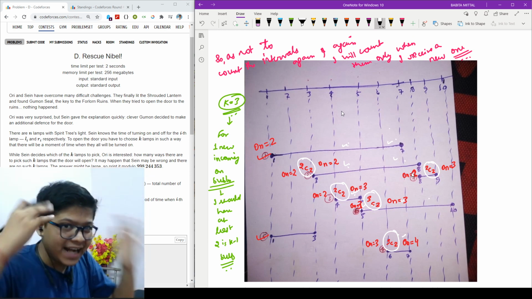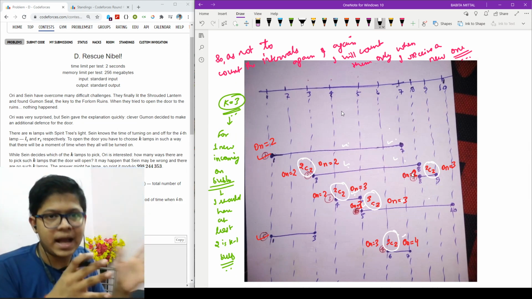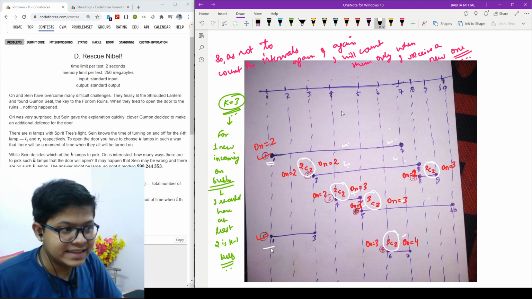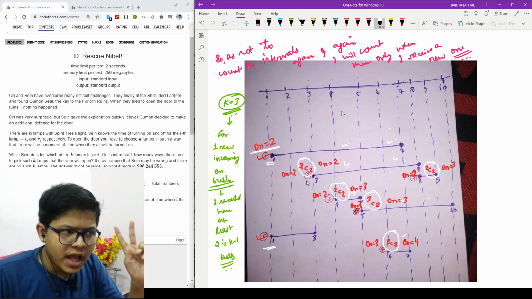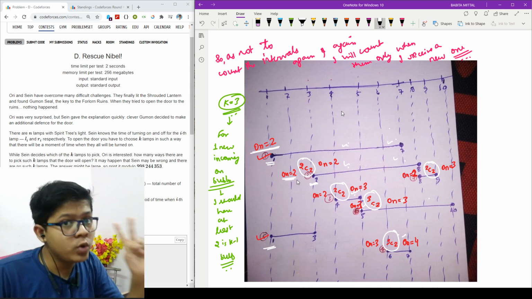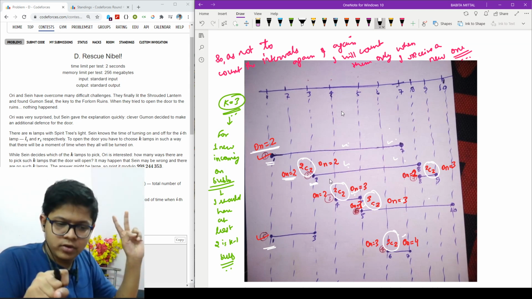To walk you through it, I will show you what happens. As you can see, initially at 1 these two bulbs are on, so my on count becomes 2. Now as soon as I arrive at 3, my on state bulbs are 2 up till now.